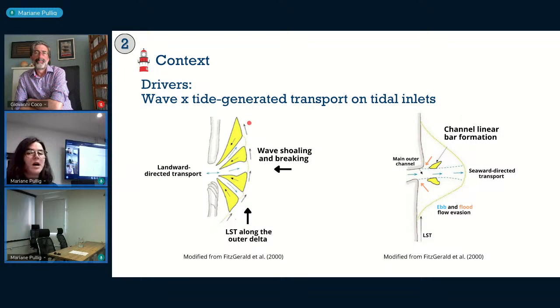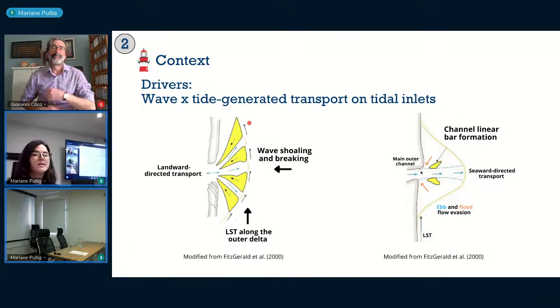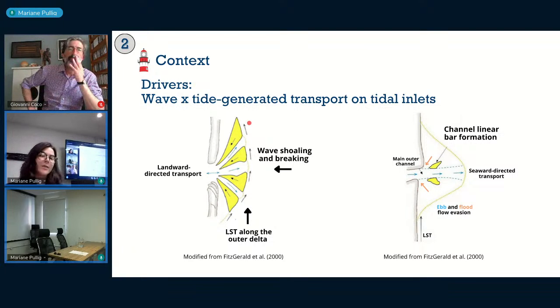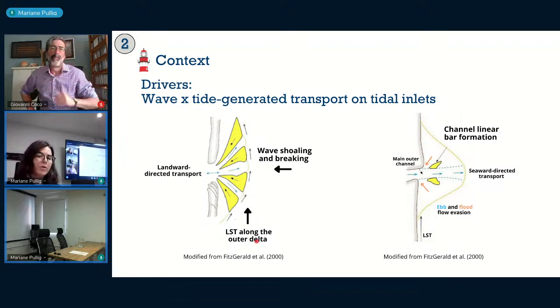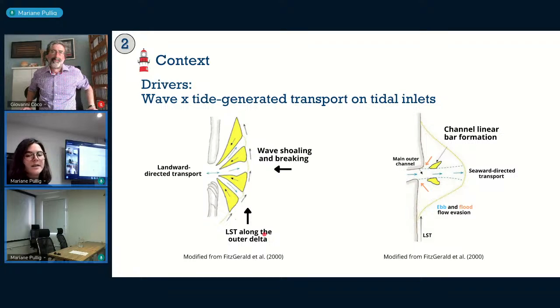First, we have the waves breaking on the front of the delta and creating a landward directed transport, which means that the sediment is being pushed towards the entrance of the inlet. On the other hand, we also have the waves coming obliquely to the coast and creating a wave-induced current that induces longshore transfers along the delta, and then the sediment can be transported along the outer delta. The tide also plays a key role